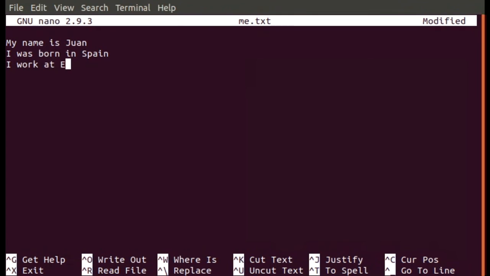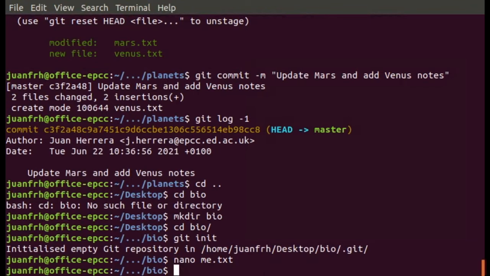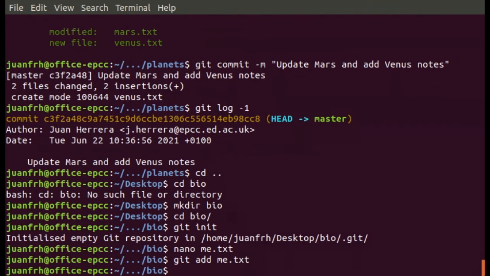I work at EPCC, for instance. I can save the file, and the file is in my folder, but it's not in the repository. So I needed to add that file to the staging area, git add me.txt, and now commit